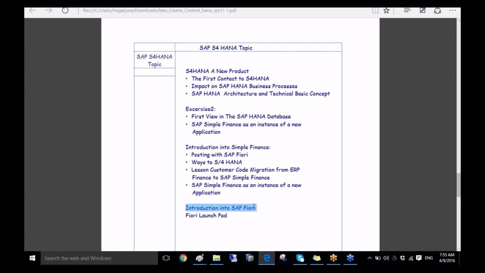Introduction to SAP Fiori. Introduction to various apps in Fiori. All this we see in the